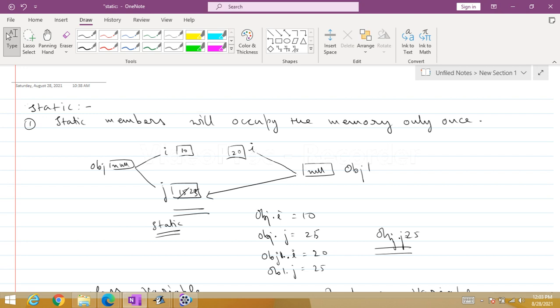Which means that if you are declaring a member as static, it will appear in the memory only once. It cannot have a second allocation.